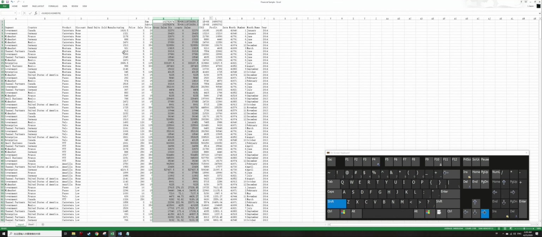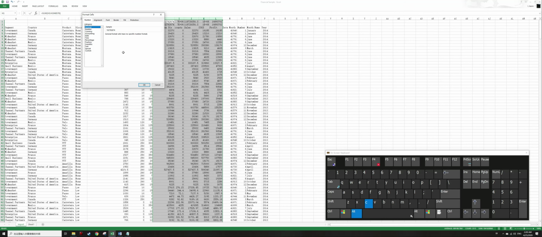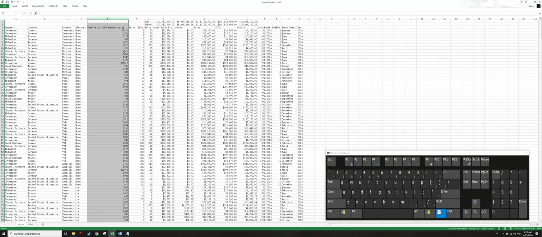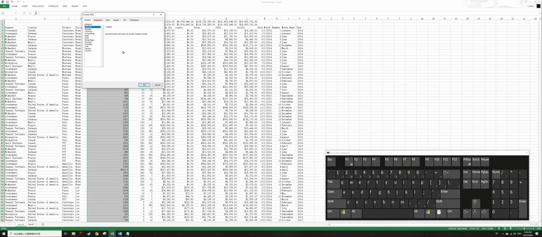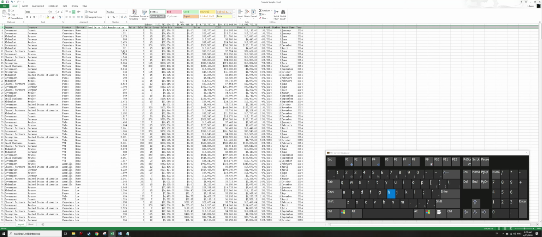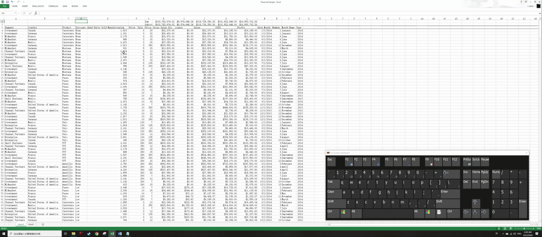Just copy them, select them, change the format into currency, change the format into date, and then change the format into number. Also separated. There you go. And then add some lines just to separate them,